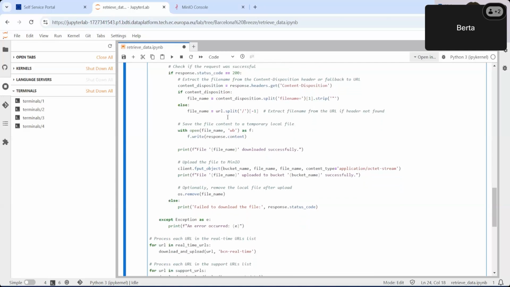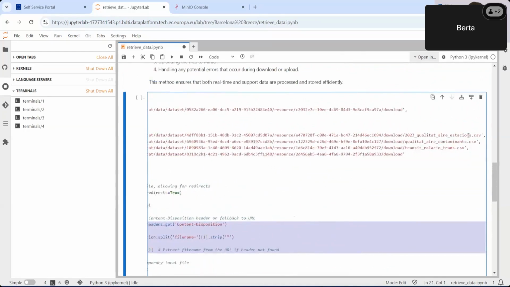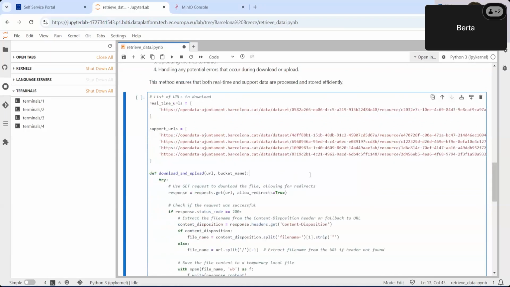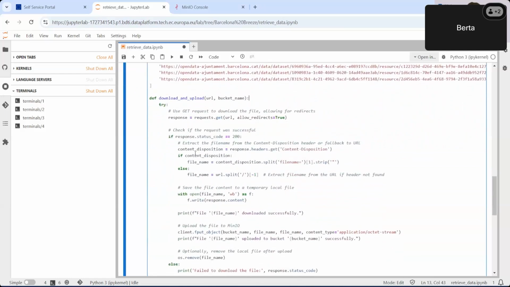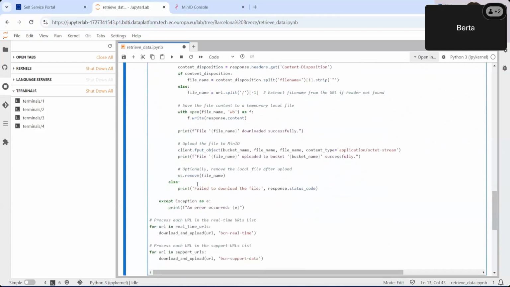Here we are doing some workaround because in some of these URLs here, we don't exactly have the name of the CSV files. In these three cases here we do, but here we don't. This is because there are some redirections and we need to get the name in the redirection. Then we're saving the file content to a temporary local file and printing a success message if it worked.